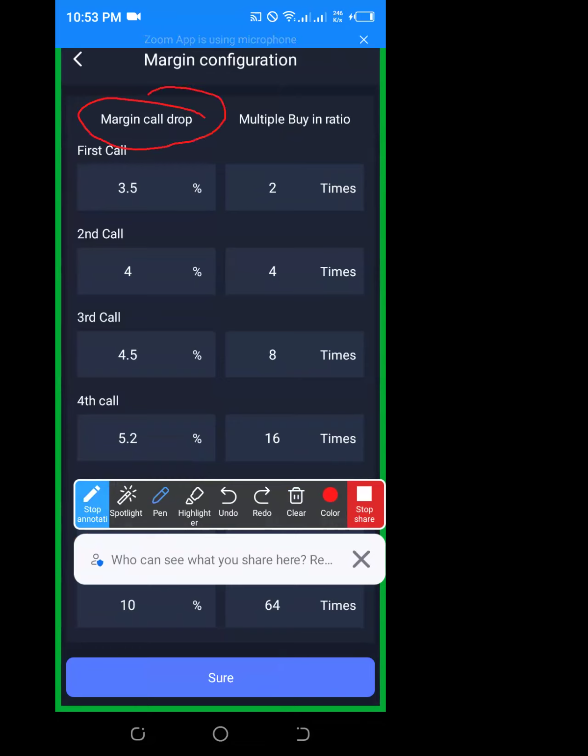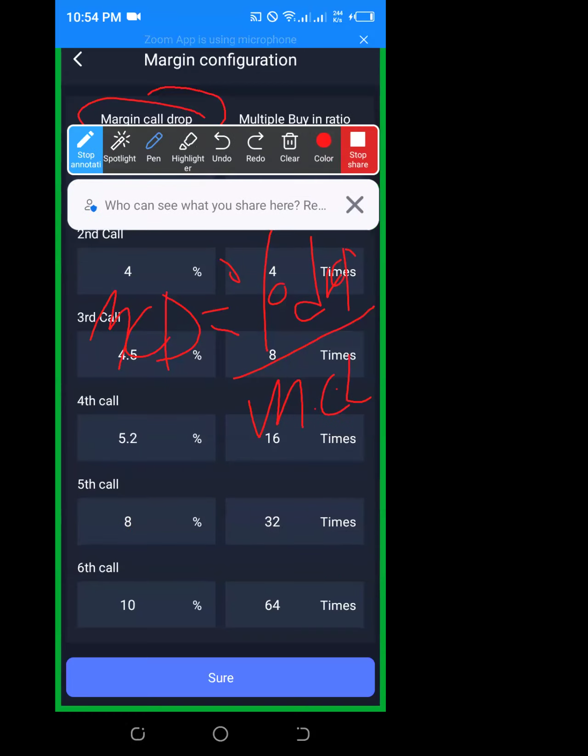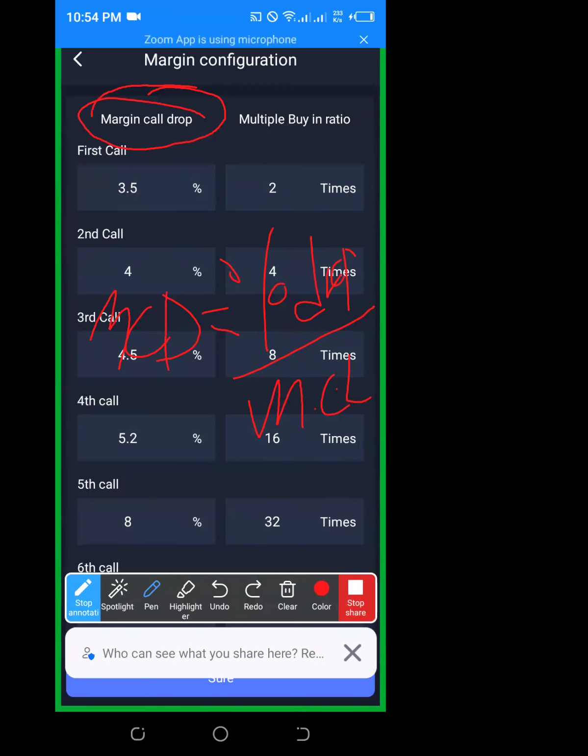This is the formula. Please write it somewhere. Now, people, if you want to master this business, you'll be writing these short methods in your notebook, so that you don't get confused. For me, I prefer giving simple methods so that you grasp these things in one day. Margin call drop equals the percentage drop divided by the margin call limits. That is the formula for finding the margin call drop.